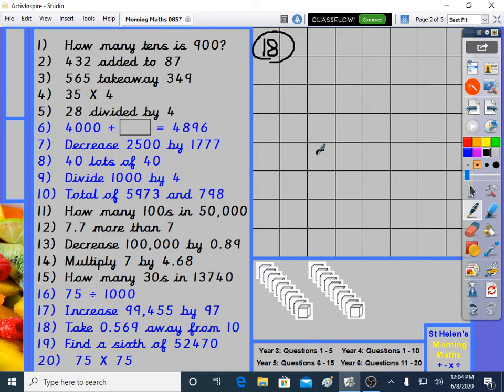Take 0. That looks like a backward 6. 0. Make sure zeros look like 0. Lots of people lose marks and their zeros look like 6s and their 9s look like 4s. Make sure digits look right. Take